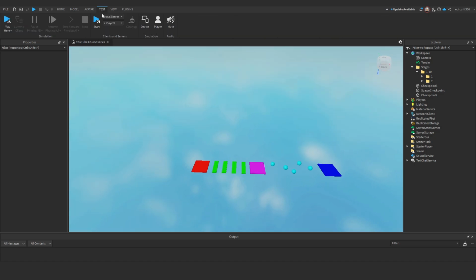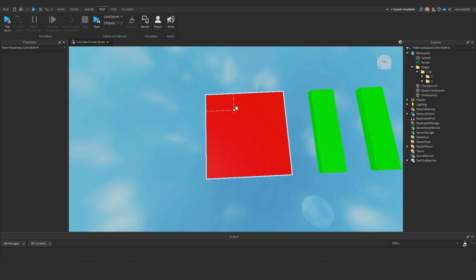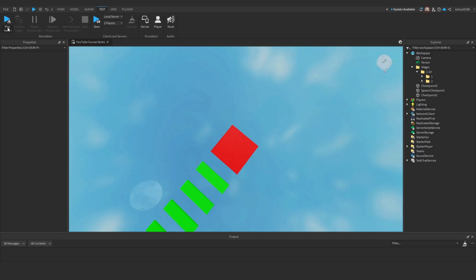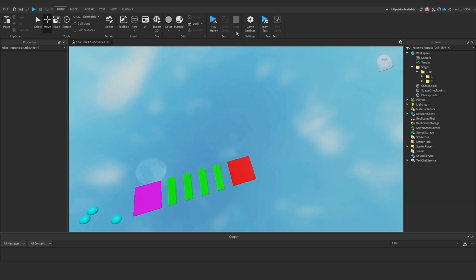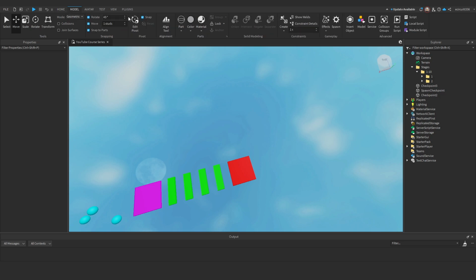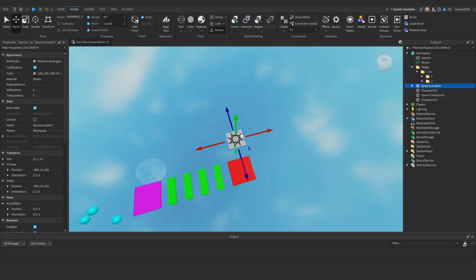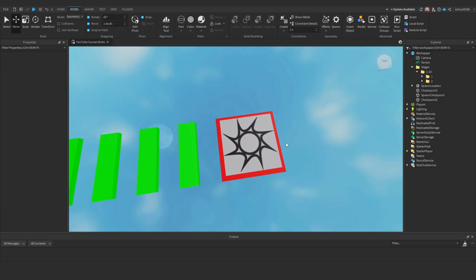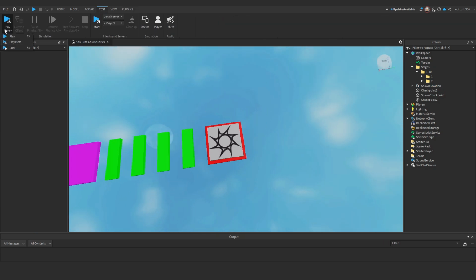So to start, I'll hit test, and first of all I want to make sure my camera is over this red thing, so when we hit play here it does appear. If you want, we could add in a spawn location under model and then spawn, and just drag that on top for now, and then we'll remove that once we've added the checkpoint functionality. Now if we hit play,